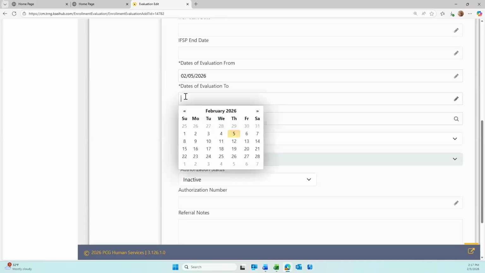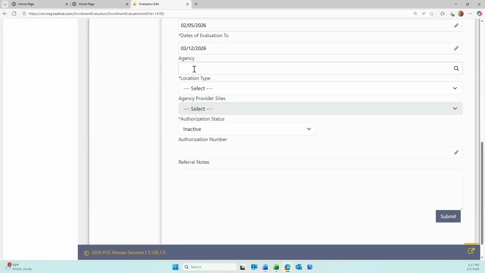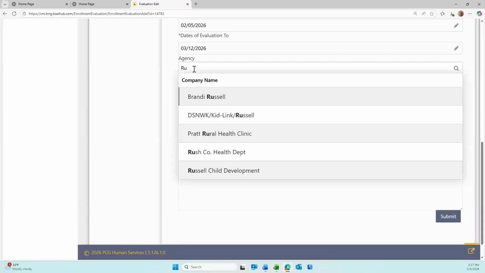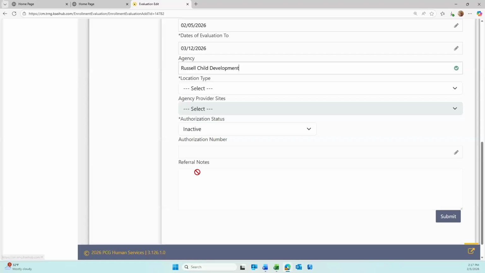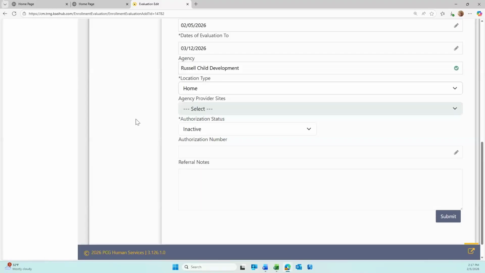Dates of evaluation from, dates of evaluation to. Our agency is what we call a type ahead. All the agencies that are approved to provide that particular service will appear, and I can select the agency that's going to do the evaluation. I can select the location,